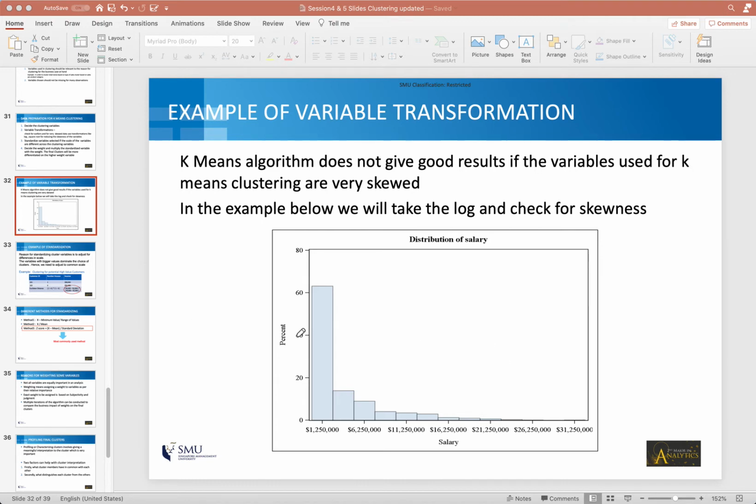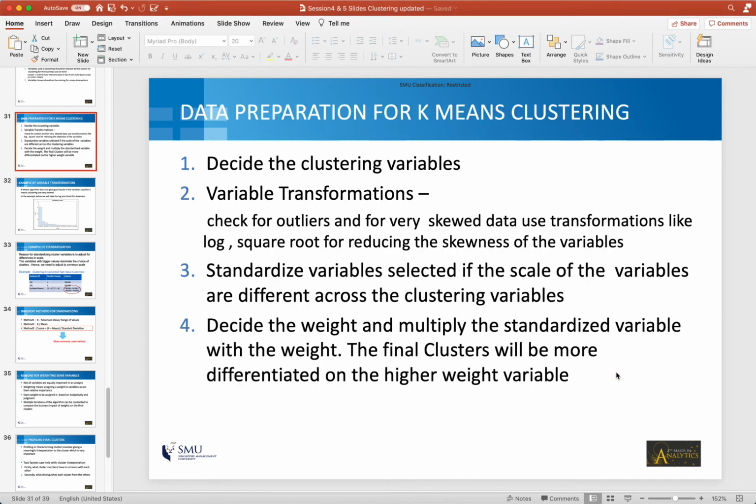So what we do in this situation is that we change the distribution to make it less skewed. And what happens is that if you take a log of any particular data column, the skewness reduces quite a bit. And we will see examples of this in our lab exercises as well. So basically, this is the reason why we need these non-linear transformations such as log and square root. They help to reduce the skewness.